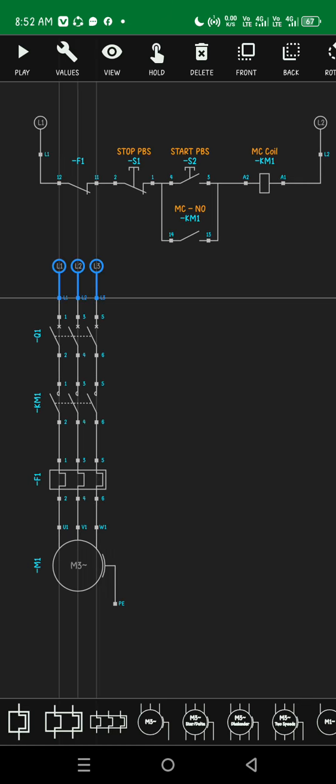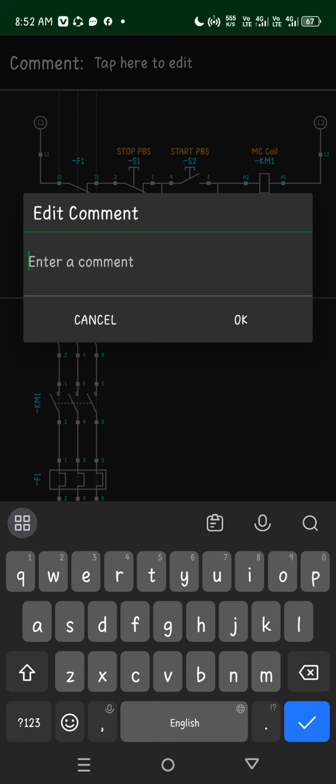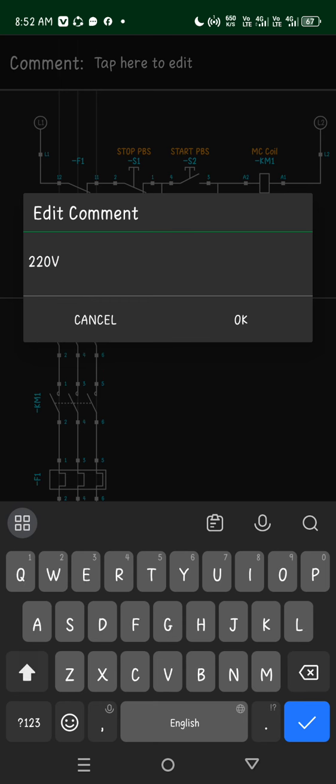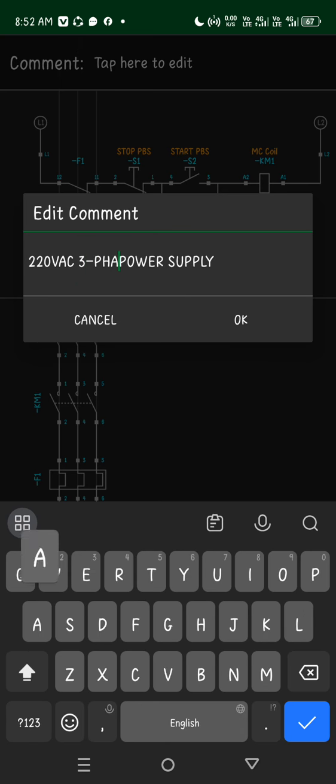So for this line 1, line 2, line 3, we have to click values and tap on it. Then we have to put here, for example, 220 volts AC power supply, three phase power supply.